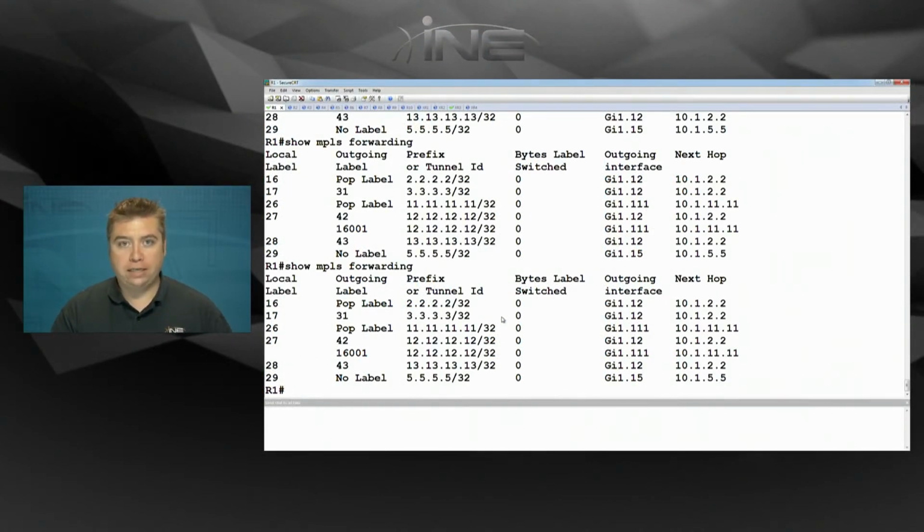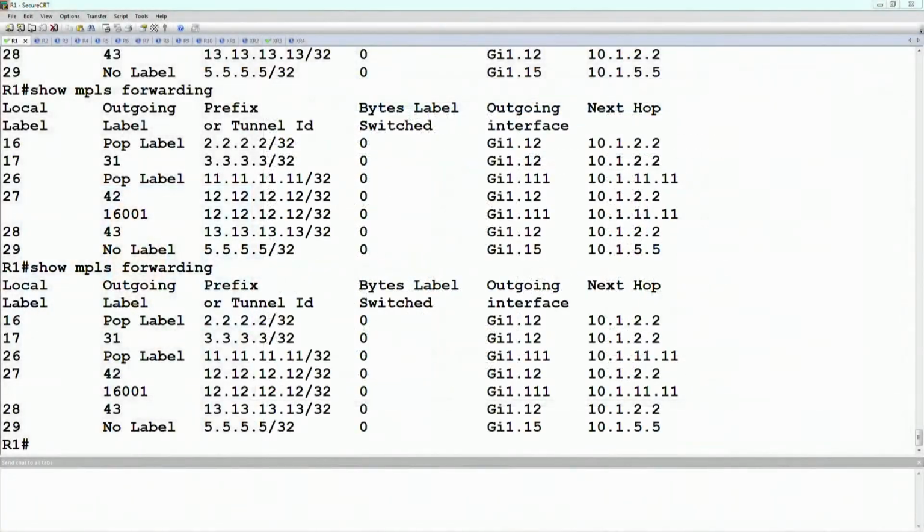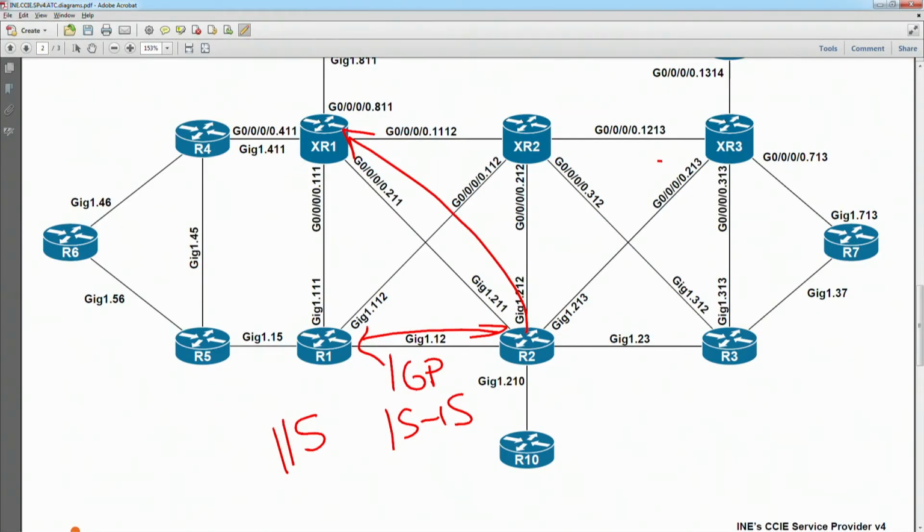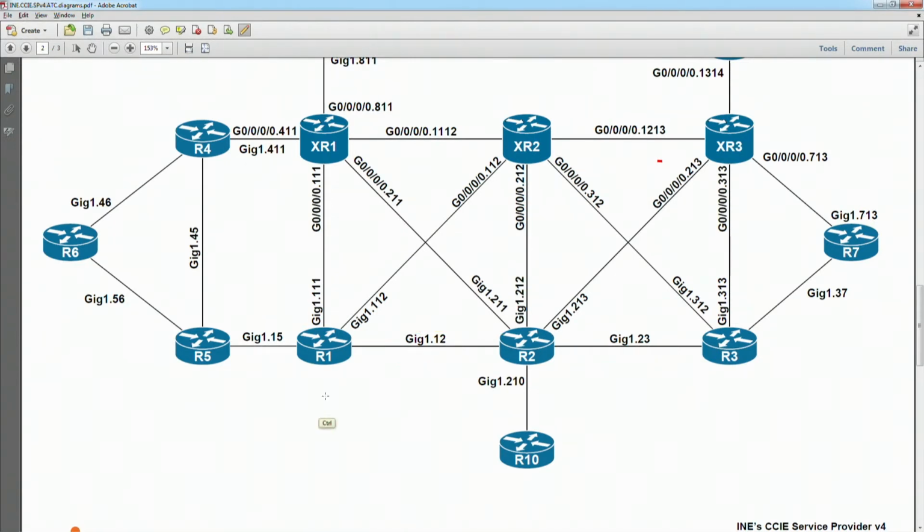Now, as someone had asked the question here, is this the same as doing prefix suppression? It's the same result in terms of the labels, but there's a difference in IGP reachability between them. Prefix suppression is an IGP function where you could say, like in ISIS, that I only want to advertise the loopbacks. So I'll advertise the loopbacks of 1, 2, and 3, but I won't advertise the transit interfaces that connect the